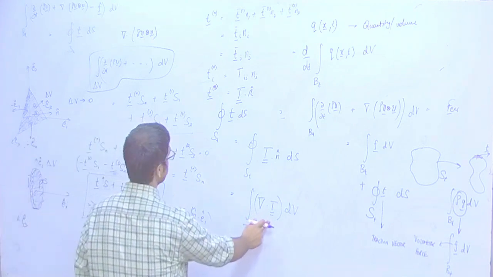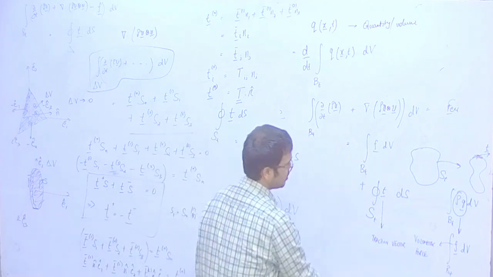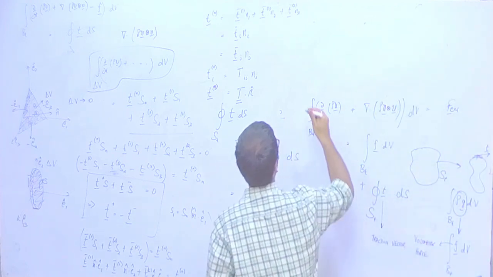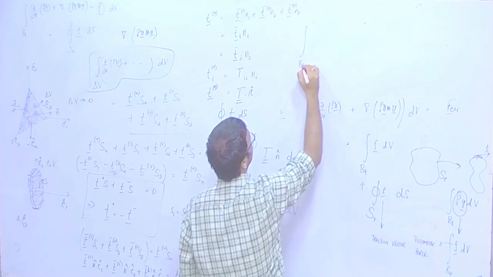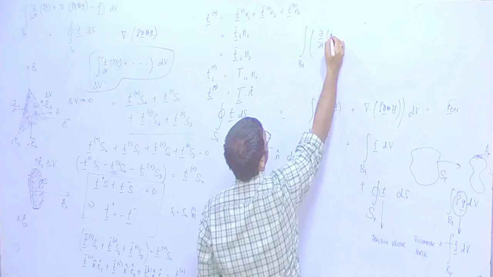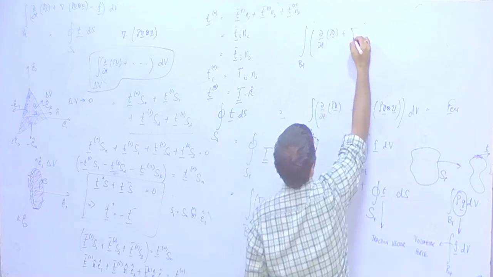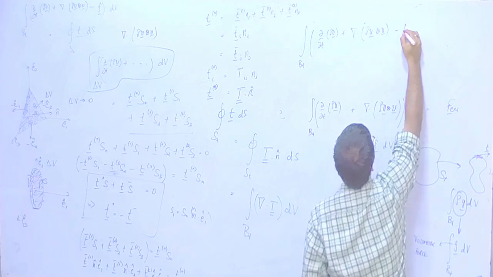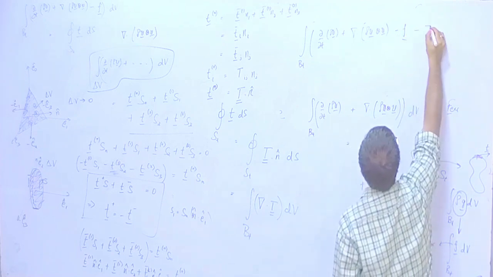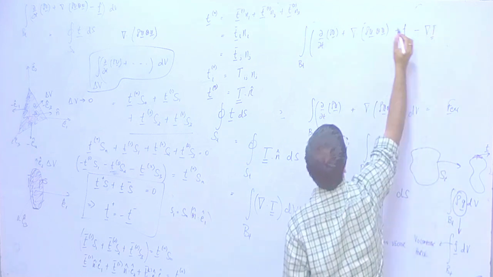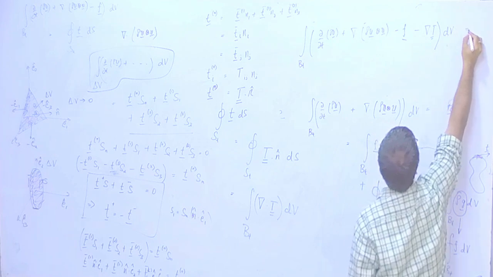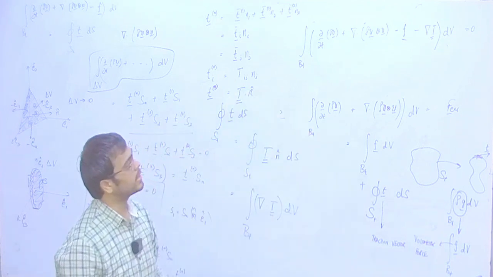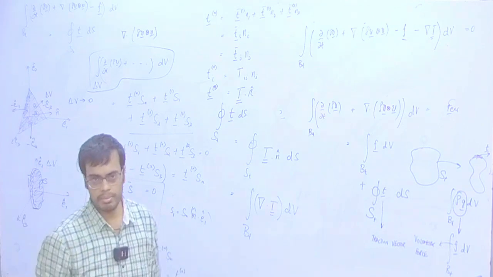And now substituting this in our momentum equation that we had, we get the integral over the volume of del by del t of rho u plus del dot of rho u tensor product u minus f minus del dot T equals 0. And now we can apply the logic that the integration is 0 over an arbitrary shape. So, that means